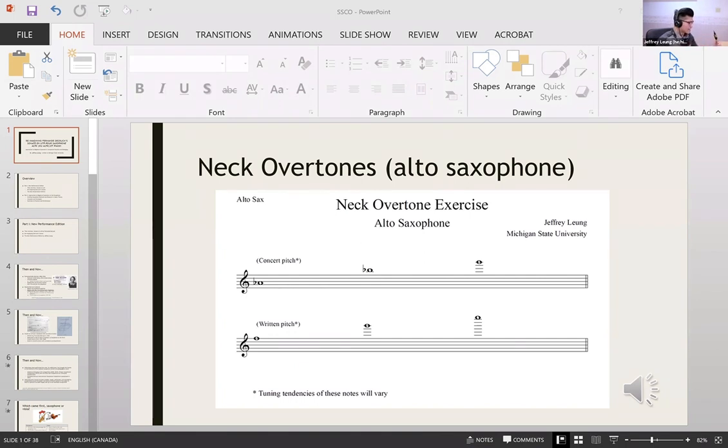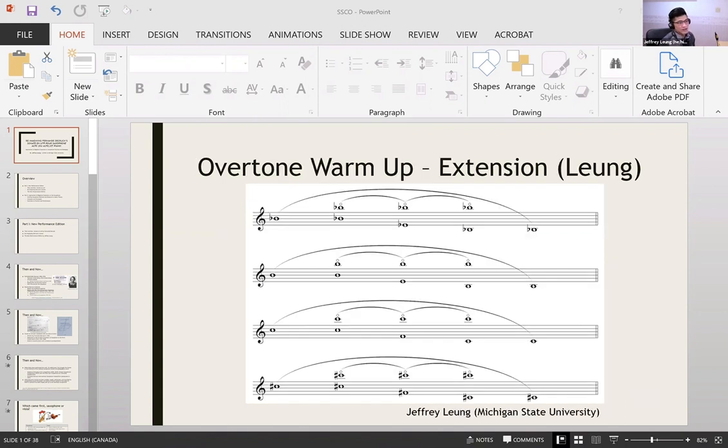If I was to play that on the saxophone, we'd see this line up. It's a little bit detuned, but we can see that the benefits of practicing these neck overtones allows us to access these altissimo registers by association. And then continuing an extension of Dr. McAllister's exercise, we move up chromatically through the shorter and shorter sections of the horn to deal with more overlapping overtones, but still using that air concept as the grounding point for developing the ear, developing oral cavity and voicing